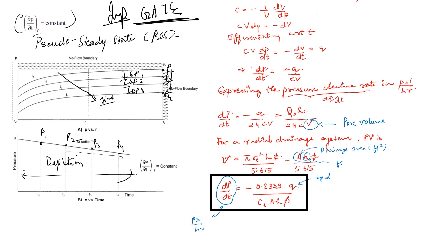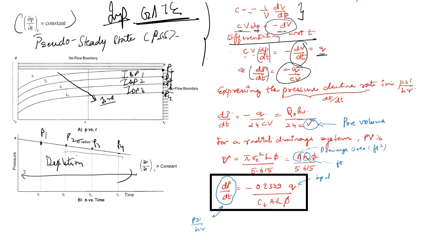Now let's look at this concept, a very important numerical, a very important concept rather. As we know, my compressibility C equals 1/V times dV/dP. Now if I rearrange, C into V into dP is equal to minus dV. If I take dV as the subject of the equation, I will get this. Now differentiating with respect to time, I will get CV into dP/dt equal to dV/dt. Now dV/dt is equal to my flow rate. Now taking dP/dt as the subject, I will get minus Q by CV.